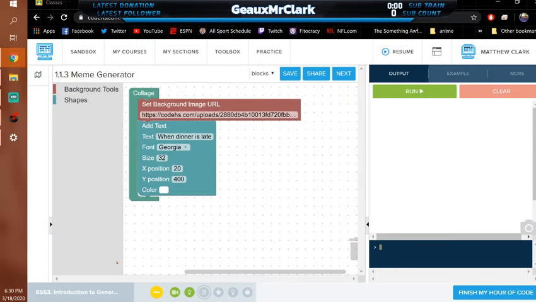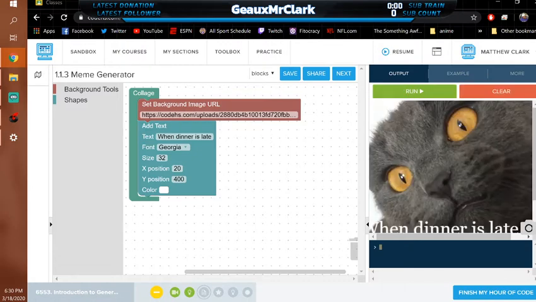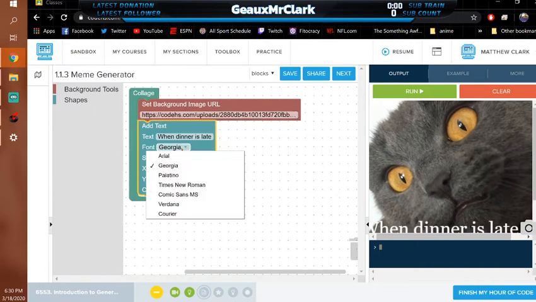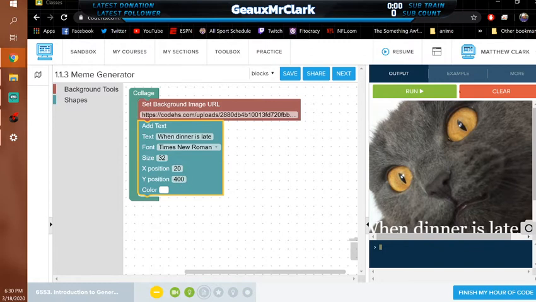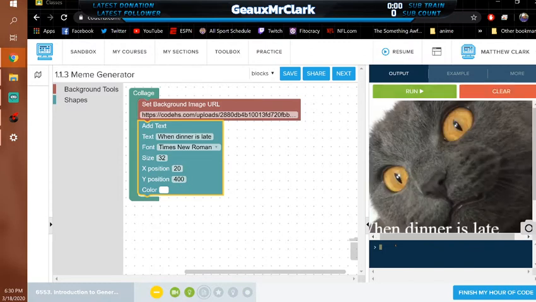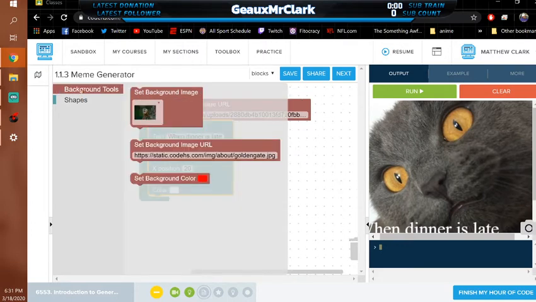Explore this example. And then we make our own. So she lets us, when dinner is like, they used an upload that they had. So we change it to Times New Roman, and we see that the font has changed, and it does all that. So background tools, we have